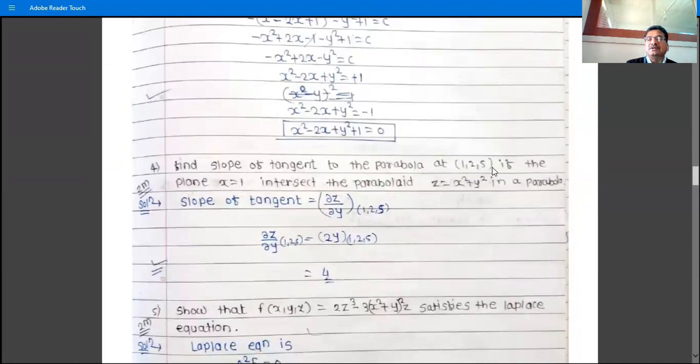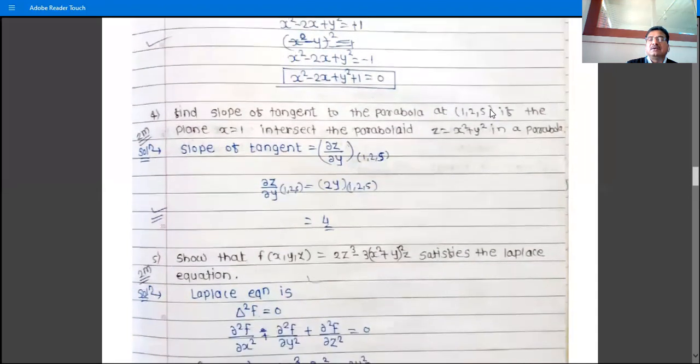Find the slope of the tangent to the parabola at the point (1, 2, 5) if the plane x equal to 1 intersects the parabola. So the slope of the tangent is the partial derivative of z with respect to y, because z is a function of x and y, and the plane x is equal to 1 intersects, which means we have to find the partial derivative of z with respect to y at the point (1, 2, 5),